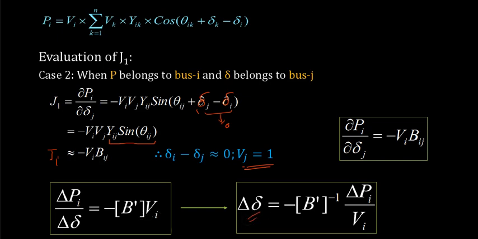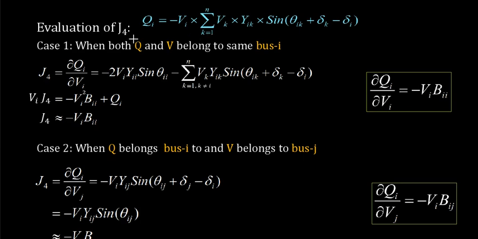Now we need to find out this delta. In Newton-Raphson also we had seen that we have to bring an increment in the unknown quantity. So the unknown quantity is delta. In order to bring the increment in the unknown quantity delta, you need to calculate this. The new delta value will be delta 0 plus delta, so this delta needs to be found out. That can be taken as minus B inverse delta Pi by Va. So in this way you can find out delta, and once you get the delta, the delta value can be updated using this particular equation.